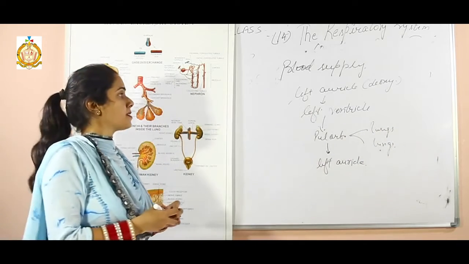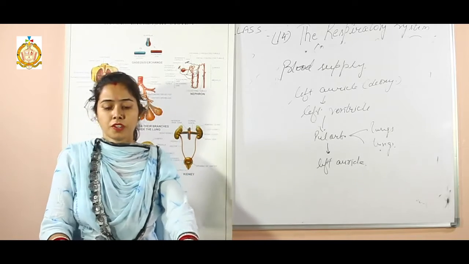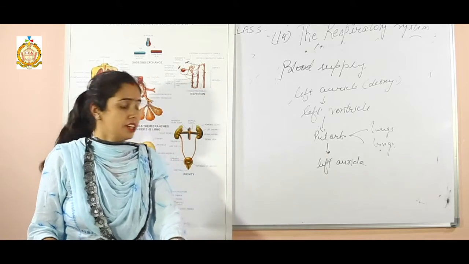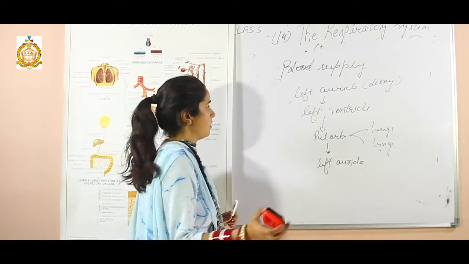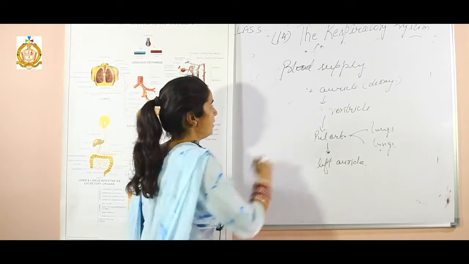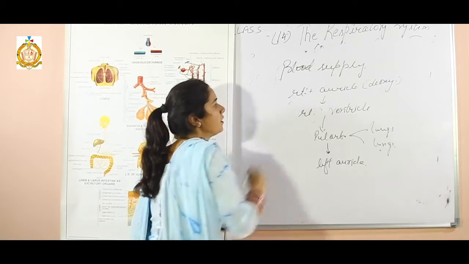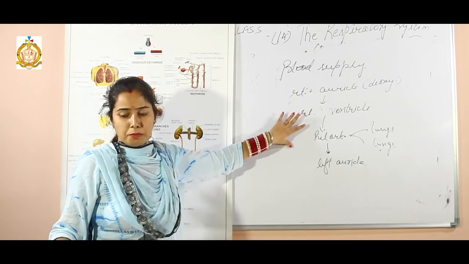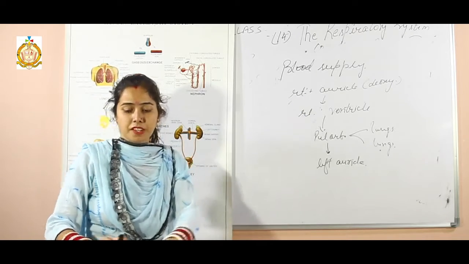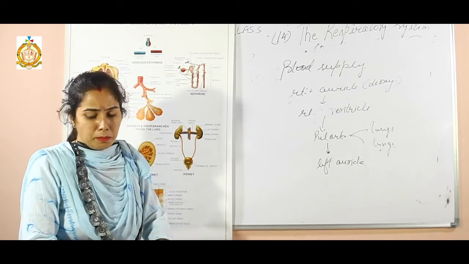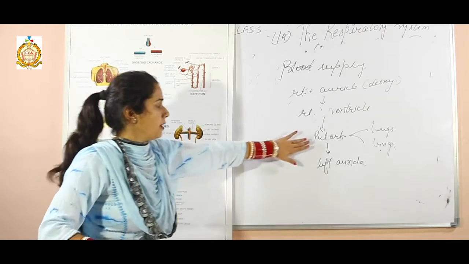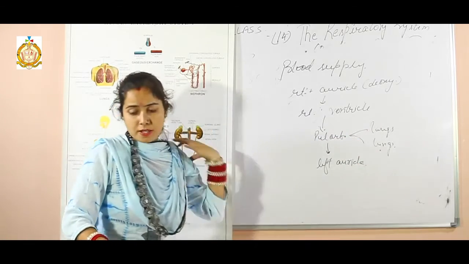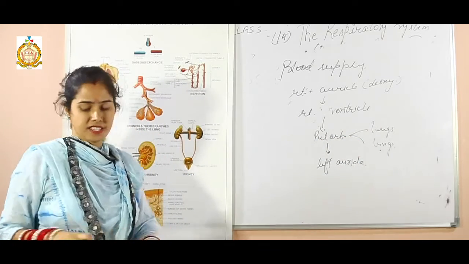so it is the blood supply of the lungs. So once again I repeat, the right auricle pumps all the deoxygenated blood. Sorry, here is the right auricle. The right auricle pumps all the deoxygenated blood from the body into the right ventricle. Then through the main pulmonary artery, and the main pulmonary artery soon after its emergence divides into two that go into the two lungs, and then they divide and redivide several times to